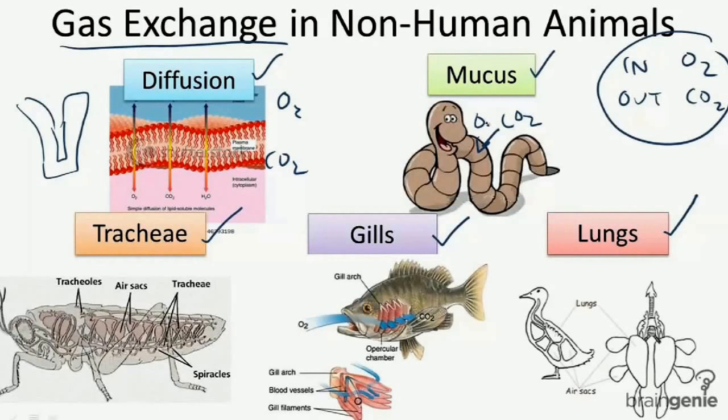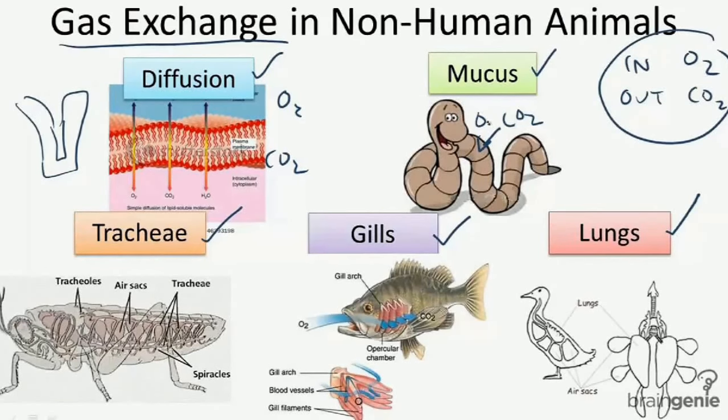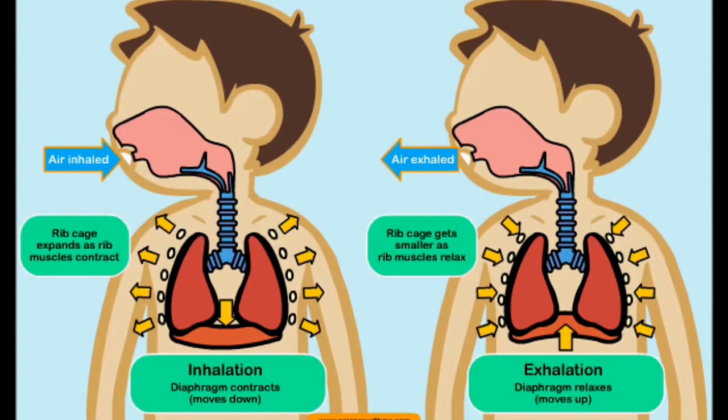Respiration through gills is called branchial respiration. Respiration through the tracheal system is called tracheal respiration. Respiration through lungs is called pulmonary respiration. So as we come into human respiration, as already mentioned, external respiration is the first step, through which